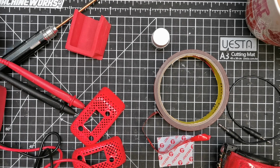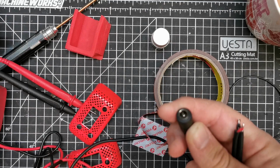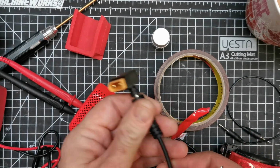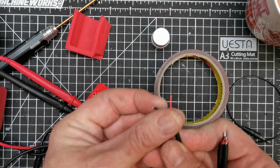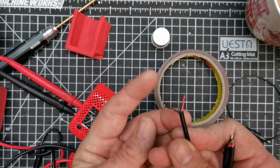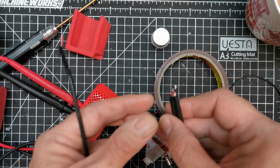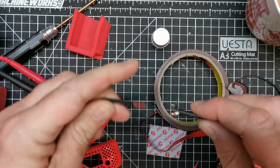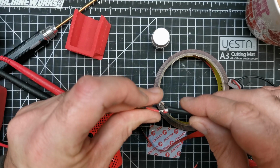In terms of the cable, I've found an old barrel cable with a connection like this on the bottom, which I'm just going to utilize with this part to give me power. On the other side, I've stripped the head off and exposed the positive and negative wires, and then all I've done is take two of these barrel connectors, splice them together, and then all I'm going to do is wire this, reinforce it as much as I can,